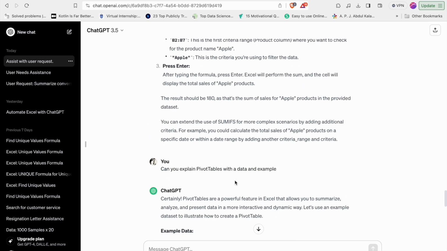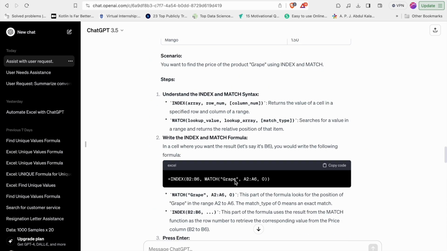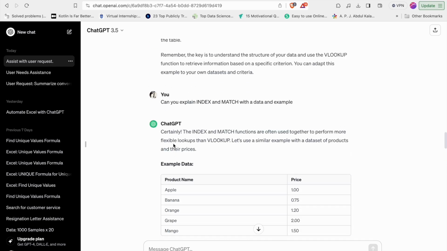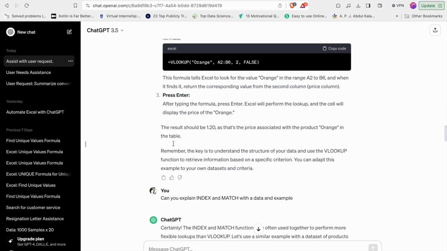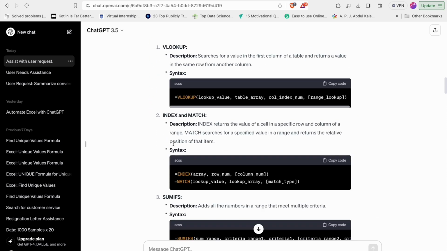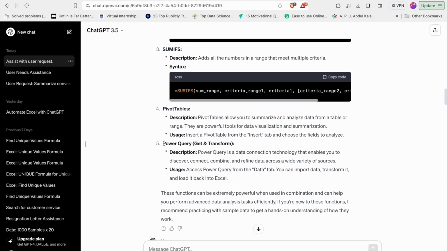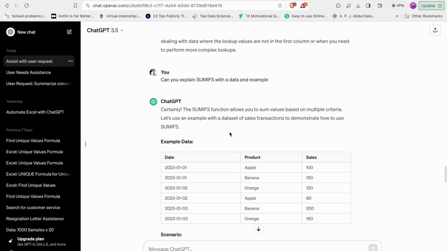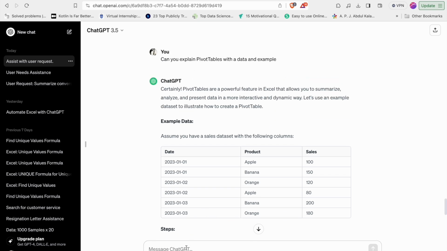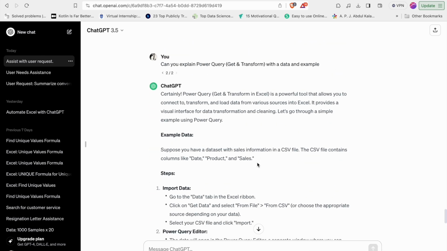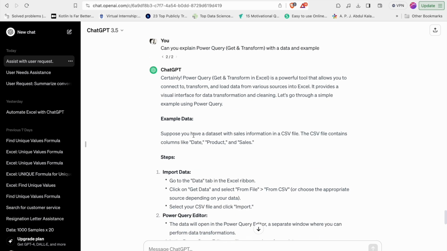So now let's see the last advanced Excel function for this video. That is Power Query, Get and Transform. Let's ask ChatGPT to explain Power Query with data and an example. As you can see the output,